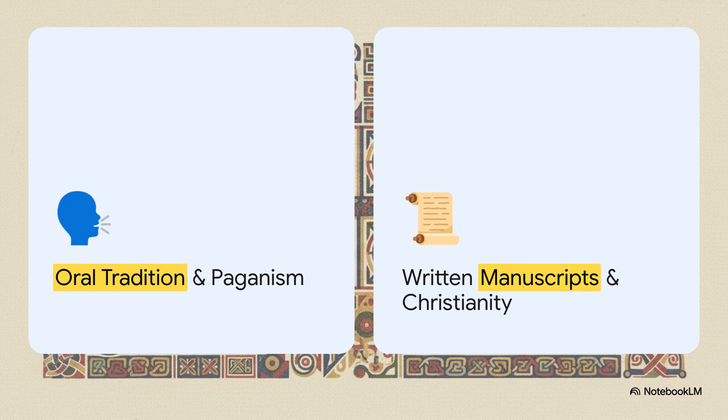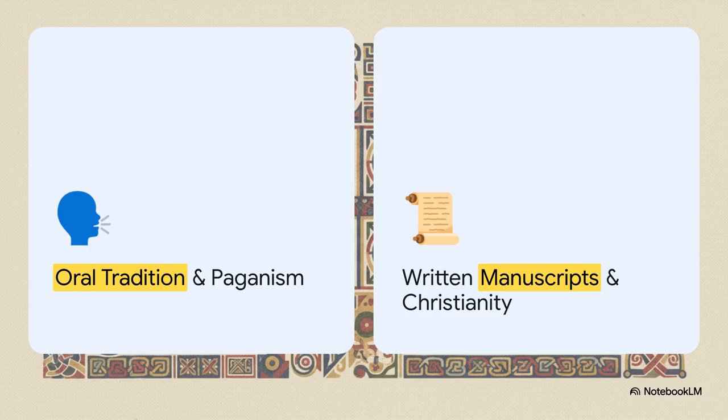Now, this whole era, it's basically defined by a massive cultural collision. Picture this. On one side, you've got these ancient origins, an oral tradition rooted deeply in paganism, with warriors shouting rhythmic, epic stories around a roaring fire. But on the flip side, you have where the literature ultimately ended up, which is as highly structured written manuscripts painstakingly preserved by Christian monks. This deep tension between the spoken pagan past and the written Christian present is woven directly into the DNA of